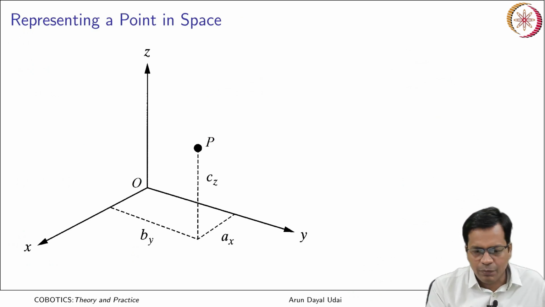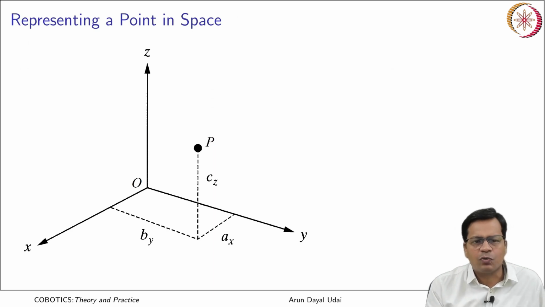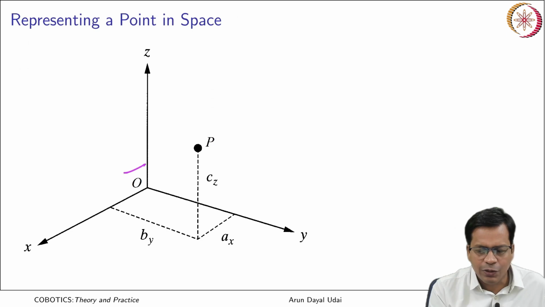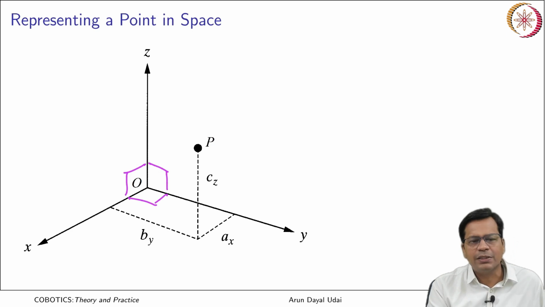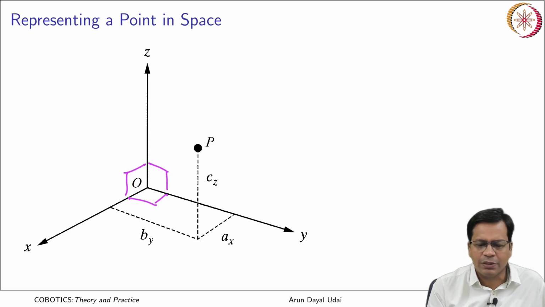This is a point in space. Here I would mean a Cartesian space where you have x, y and z, three orthogonal axes, they are 90° to each other. Before we begin, we are formalizing this. It is not an oblique axis, it is not a cylindrical coordinate system or a spherical coordinate system, it is a Cartesian coordinate system. And any point here is given by three coordinates ax, by and cz.